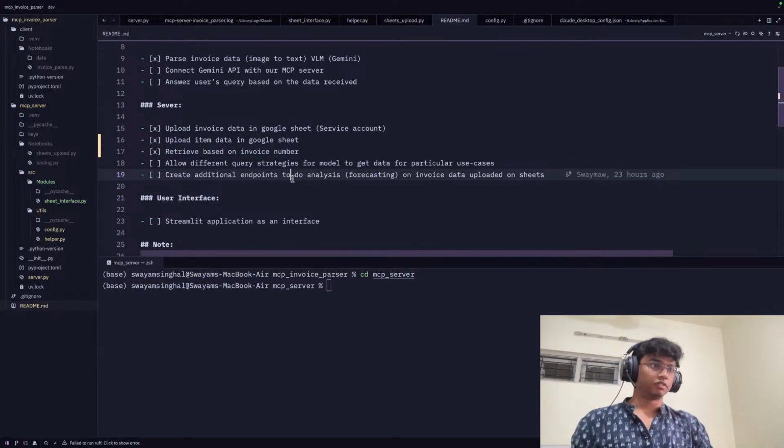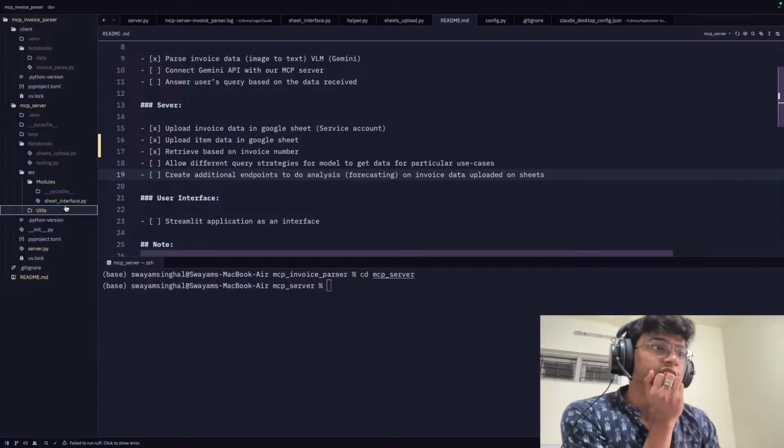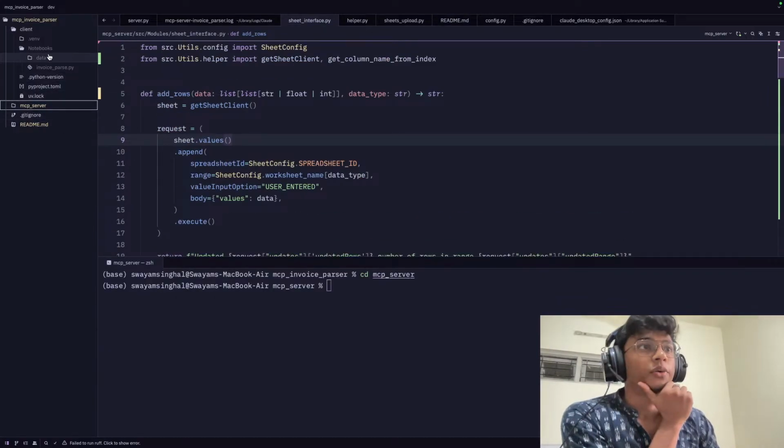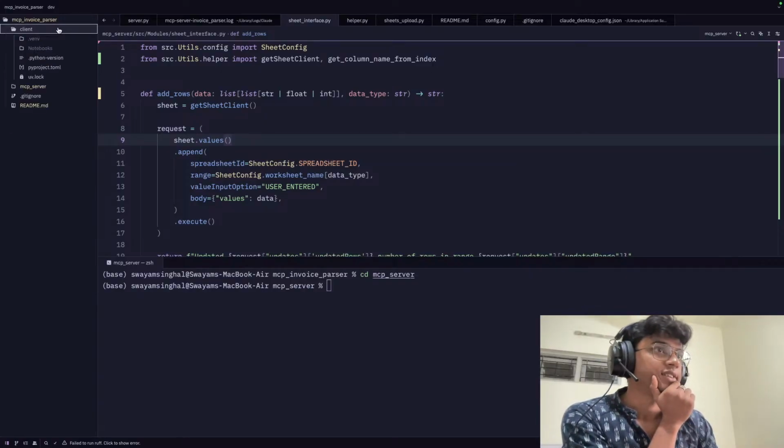So yeah, done all of this. Let's go back to our sheet interface. Not the sheet interface actually. Let's go back to our client, which we haven't looked at till now. In fact, we haven't even created any file here. So let's